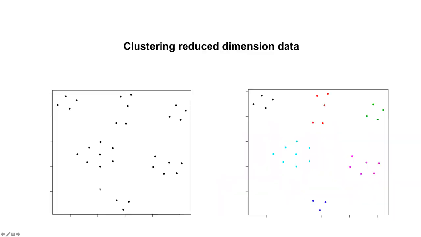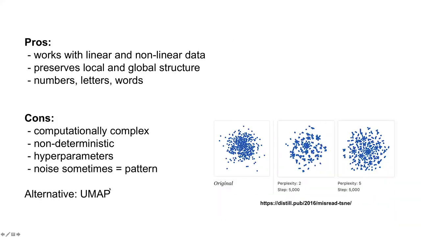Now, every time I present t-SNE, somebody inevitably asks, hey, have you heard of UMAP? And yes, I have, and I've tried it. It's essentially the same thing as t-SNE. There may be some differences when you're dealing with huge data sets, but I haven't noticed any difference. It essentially operates the same way, but supposedly it captures global structure better than t-SNE. But again, not much difference.